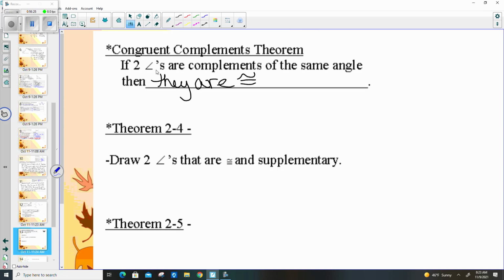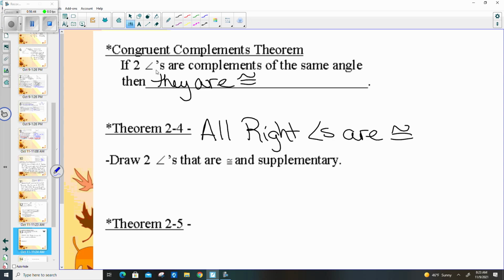All right, here's a big earth-shattering theorem right here. Geometry likes to do this to you. What do you know about all right angles? How much do they equal? And since they all equal 90, all right angles are congruent. Bet you didn't know that one. In that space below there, while you are waiting for others to finish writing down all right angles are congruent,